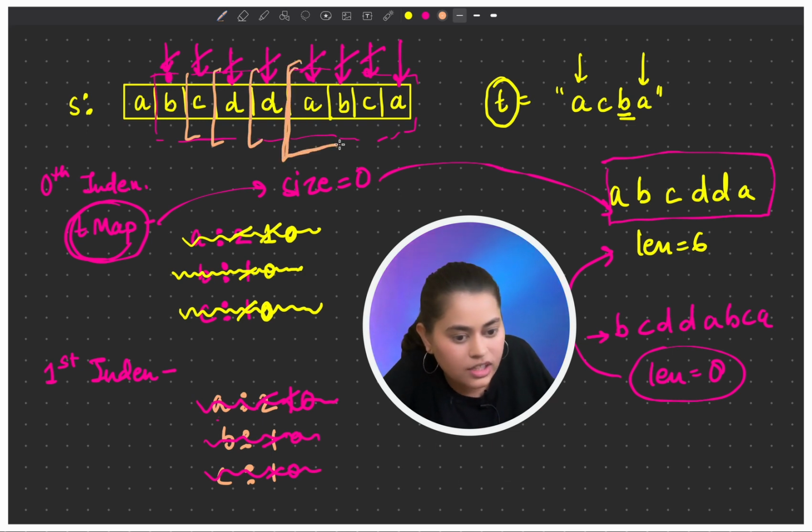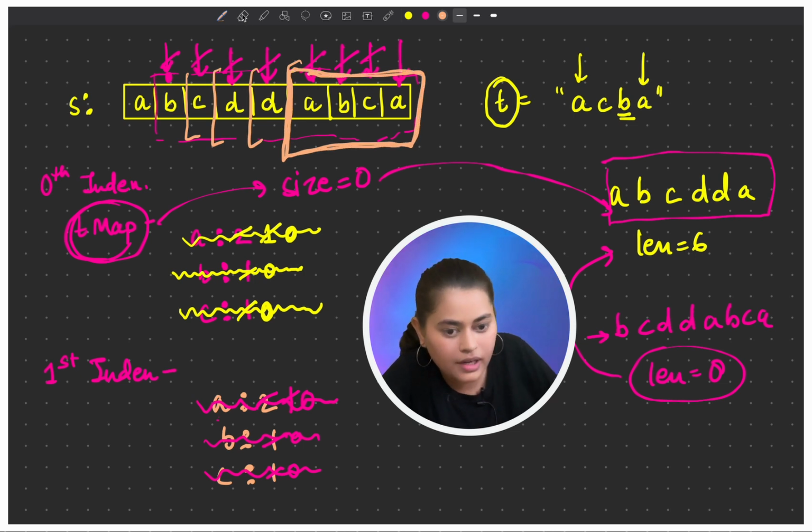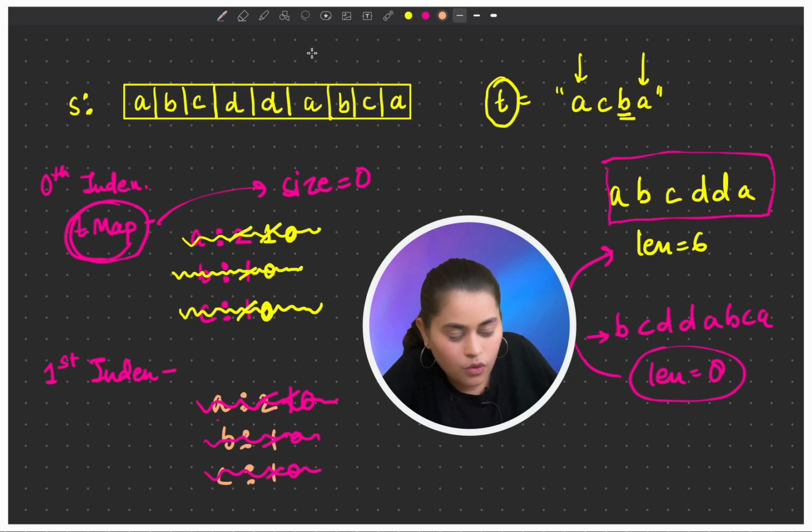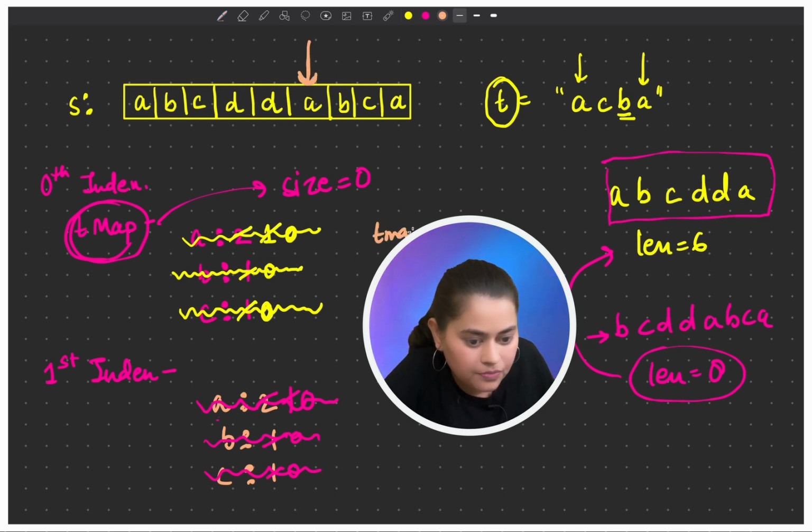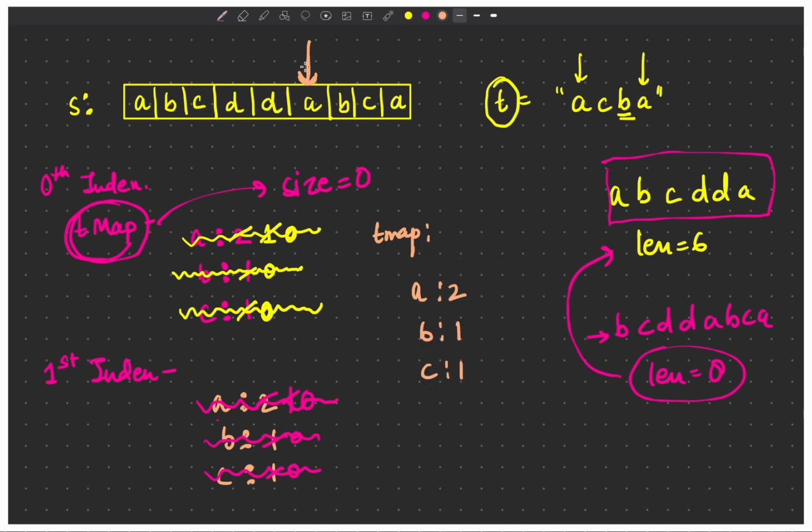Now let's see what will happen when we start our traversal from this point. We'll have our T map, which will contain this, right? Now we'll start our traversal. A, decrement the count, move ahead. B, decrement the count. Since the count became 0, we'll delete it.